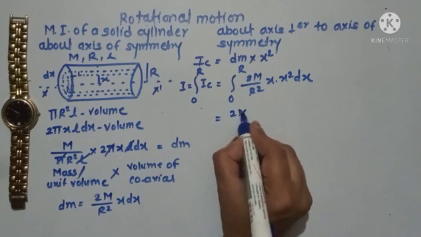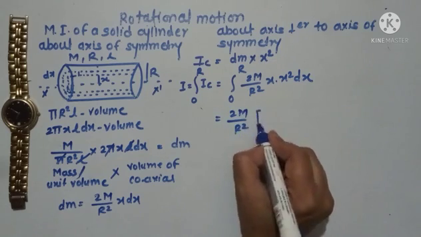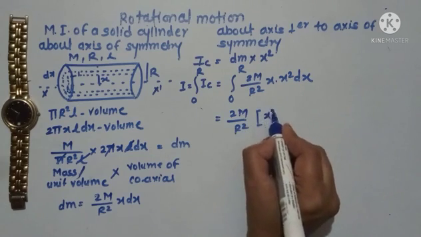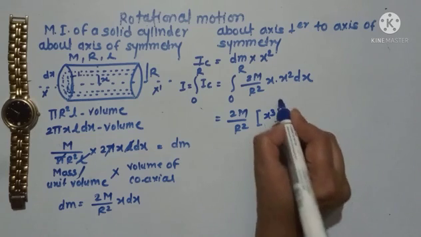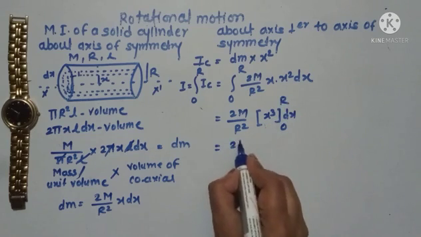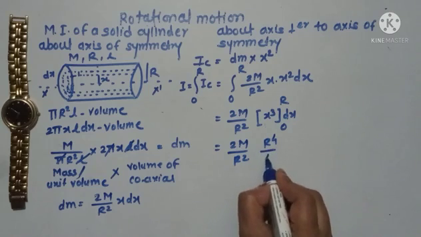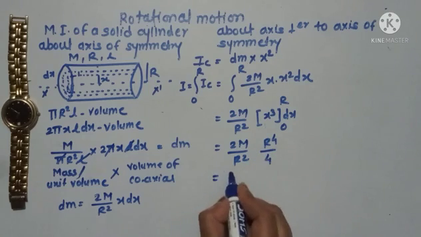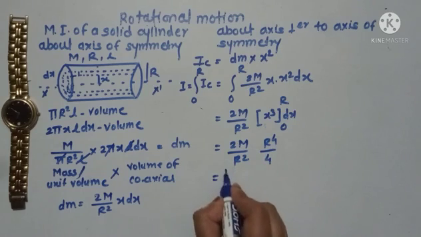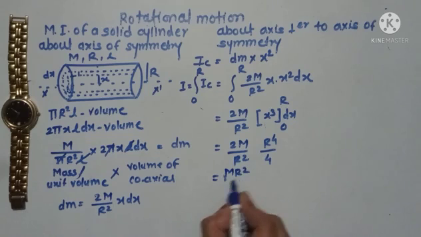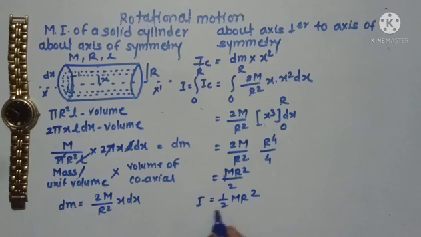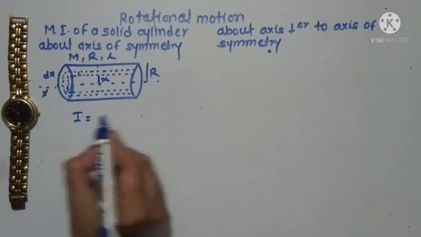So 2m upon r square, these terms are constant, and what we are left with is x cube dx from 0 to r. And if I solve this, 2m upon r square into r raised to 4 upon 4, which is nothing but m r square upon 2, or generally we write it as 1/2 m r square. So this is the moment of inertia of a solid cylinder about the axis of the symmetry. This I is equal to